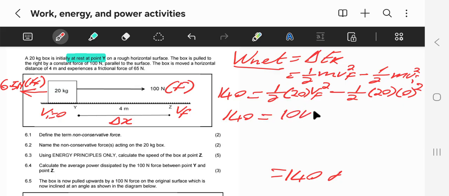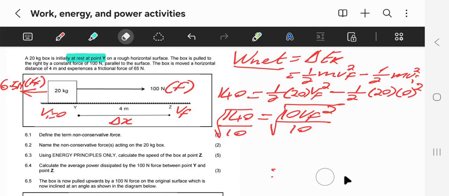It's going to be 10 vf squared, and then from here I'm going to divide by the coefficient of vf, which is 10, on both sides. Then because I want to get rid of the square and remain with vf, I will square root both sides. And if I square root both sides, what am I going to get as my vf? Therefore vf is equal to the square root of